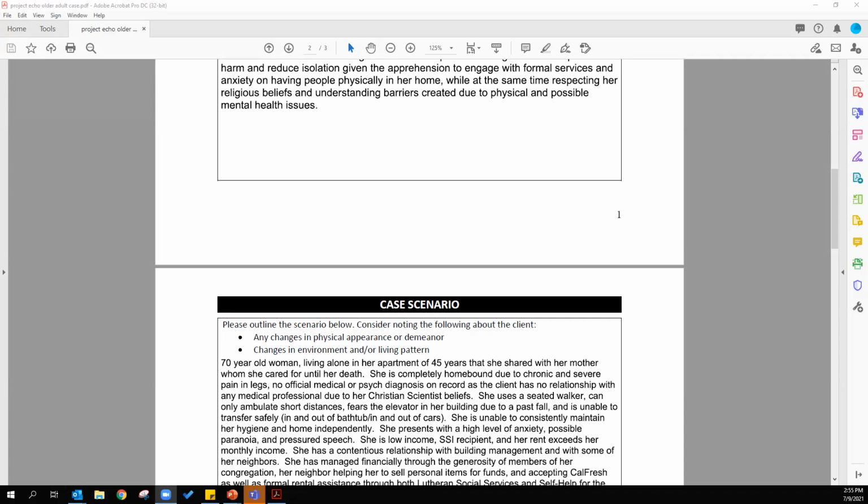And I've seen in your narrative that APS has been involved. Do you know if they, I know that San Francisco also has an elder abuse forensic center. Have they considered bringing this case to the forensic center to kind of brainstorm the case? They haven't as yet. But it would be a great case for the forensic team to consider. You get a lot of good feedback from those meetings too, which I attend regularly.